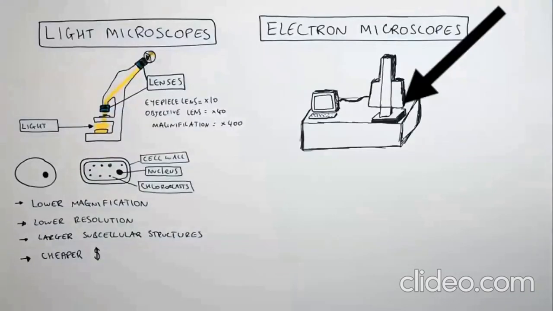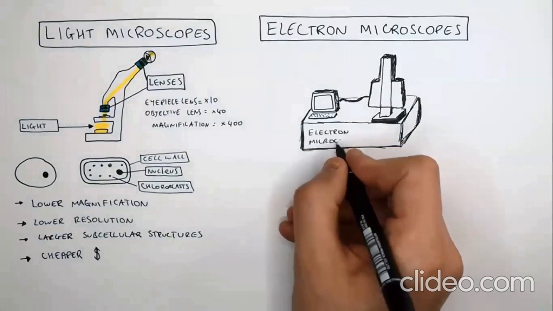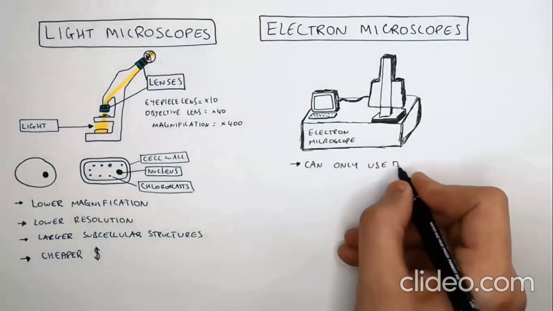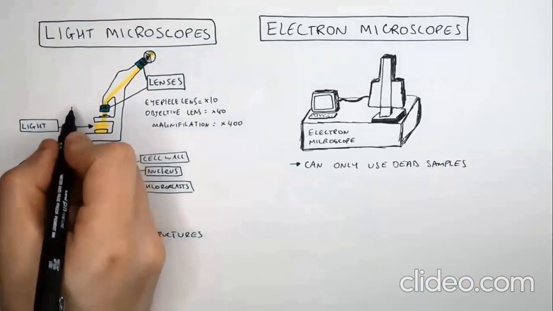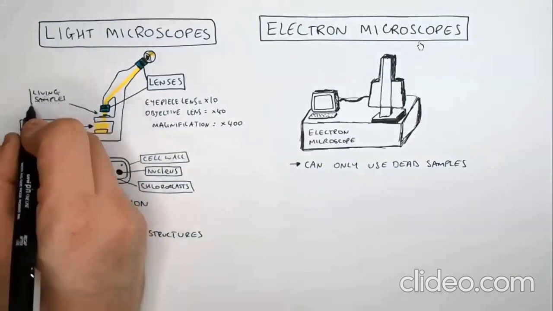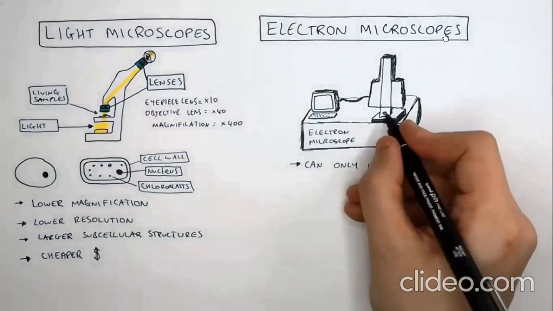This here is an electron microscope. It requires computers and a lot of space. An electron microscope can only use dead samples. You cannot use living samples on an electron microscope, whereas on a light microscope, you can use living samples. So you'd place the sample under